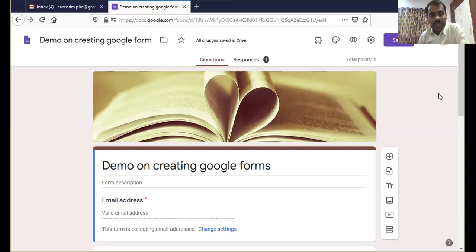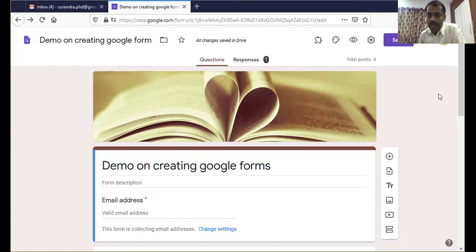As a teacher, you can share information, study material, or any reference links so that students can read on their own convenient time. Or you can conduct assignments, you can conduct quizzes, and you can analyze their performance through their grades. So Google Classroom is one of the interesting features of apps developed by Google.